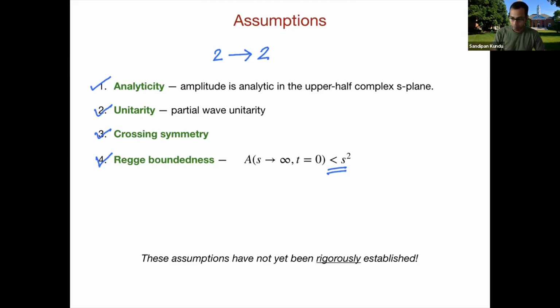So you need analyticity just to relate UV and IR. And then you need unitarity to prove that the right hand side is positive. Crossing is basically,